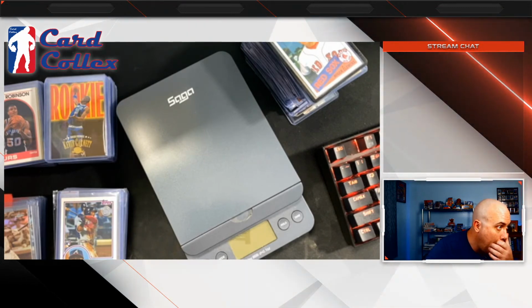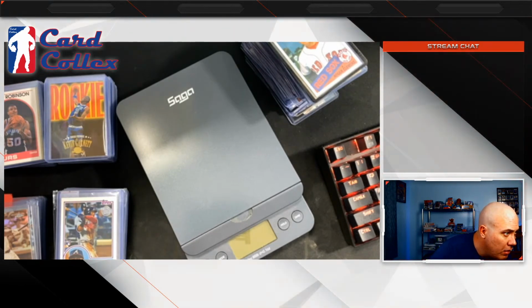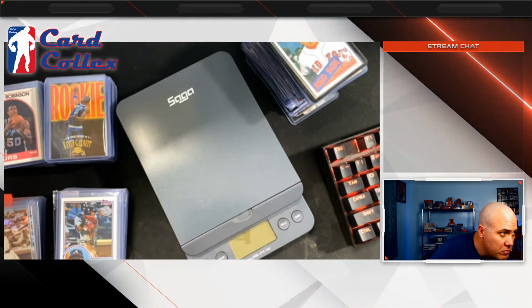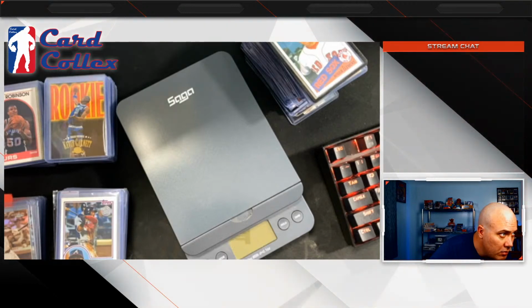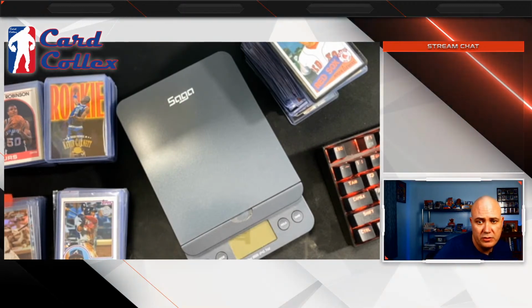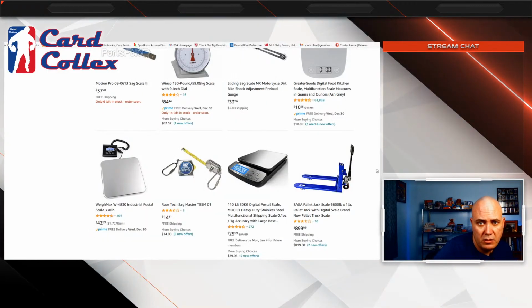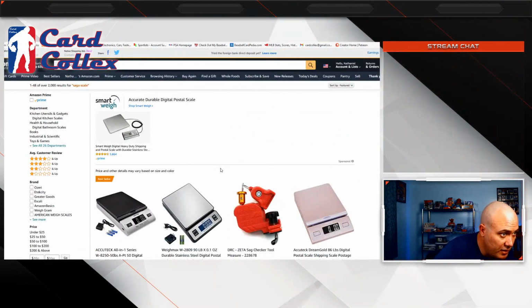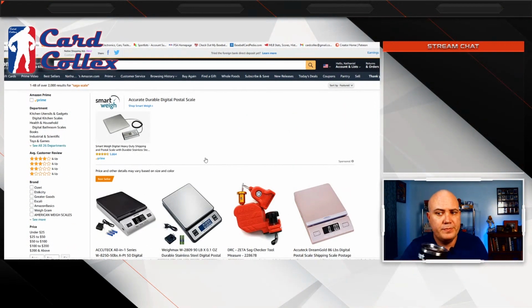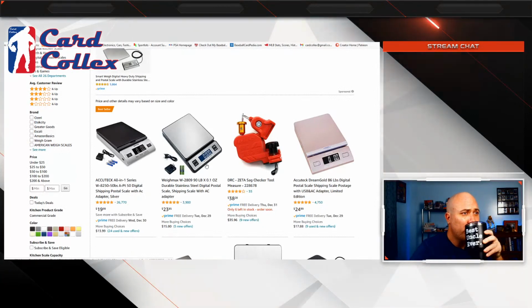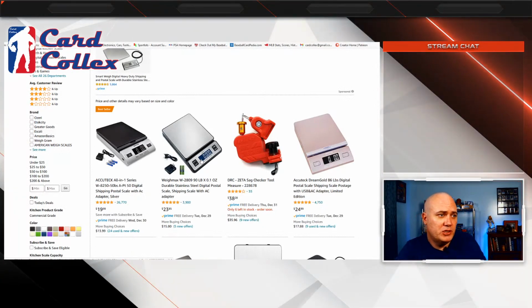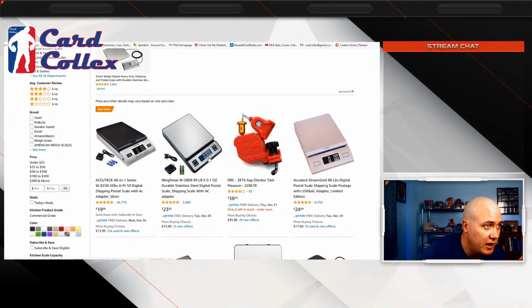Let's see. These don't have much for options right now for scales. Sorry, I thought the display was up. But yeah, definitely if you're going to do much selling, you probably need to get a scale. They're pretty cheap.